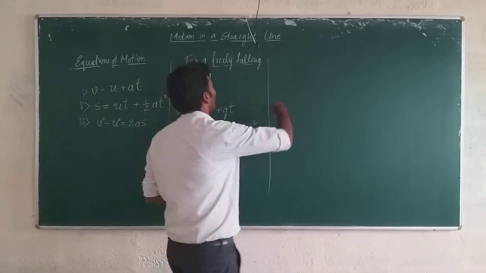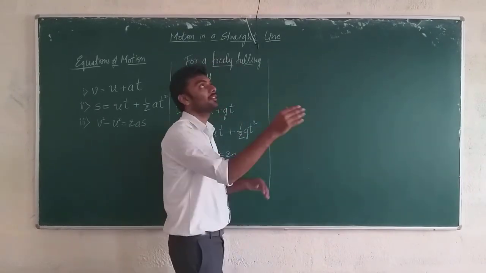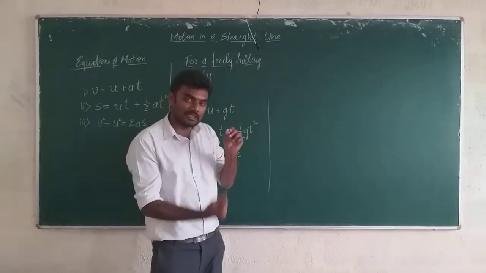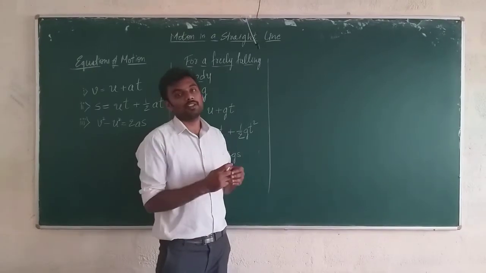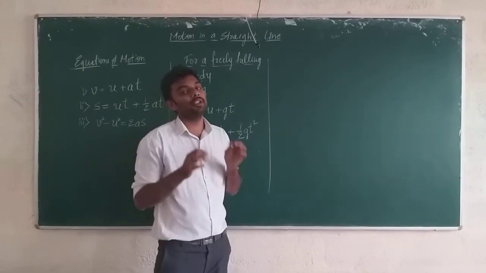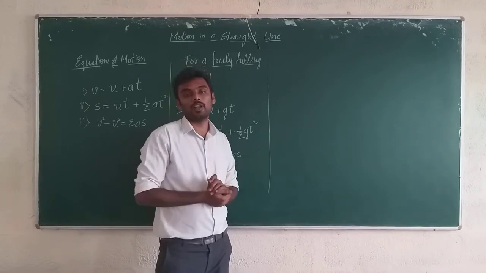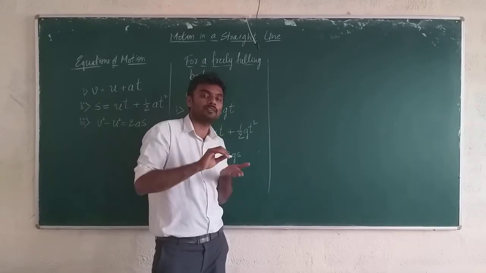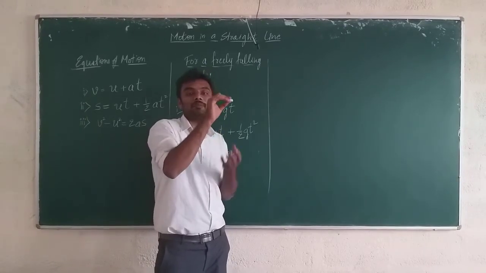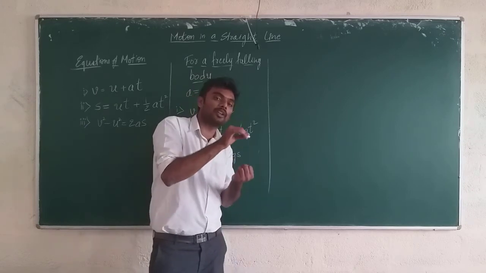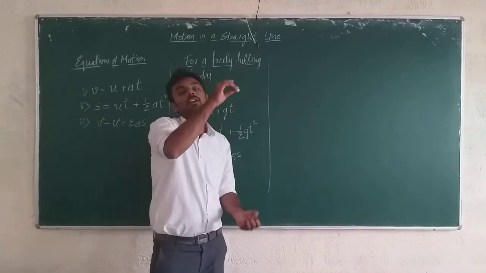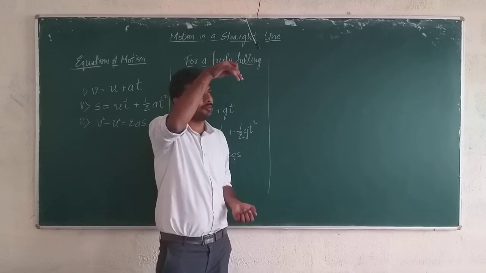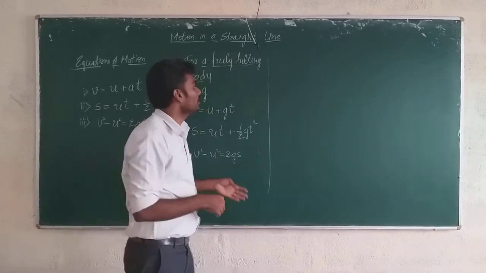Next, for a body which is vertically thrown upwards. If I throw a body vertically upwards, the body will still be under the influence of earth. When I throw it, the velocity with which I throw will be a good amount, but gradually the velocity becomes lesser and lesser, isn't it? The velocity decreases because earth is pulling it down. So it goes to a certain height and stops, right? And from there it starts to fall again.